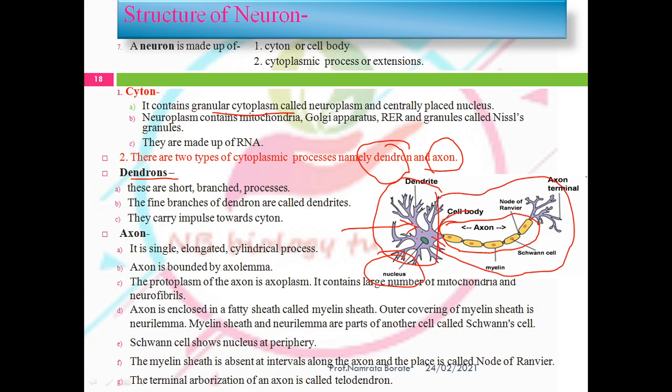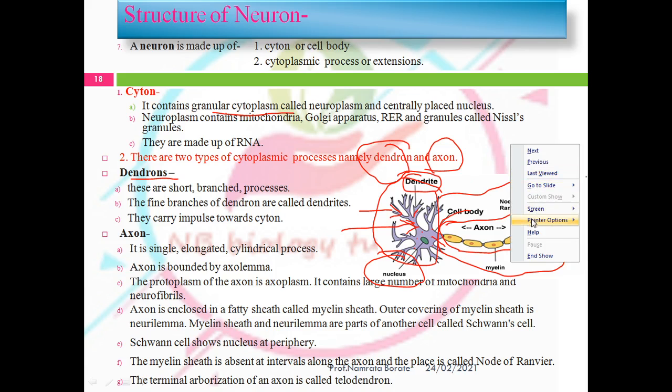The dendrons are short and branched. You can see here the presence of branched processes. The fine branches of the dendron are called dendrites. They carry impulses towards the cyton. Means the impulses are transferred from the dendrite towards the dendron, and from the dendrons towards the cell body, the cyton. The second cytoplasmic process is known as the